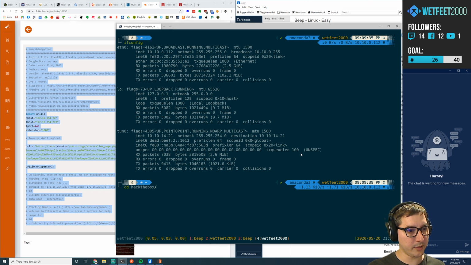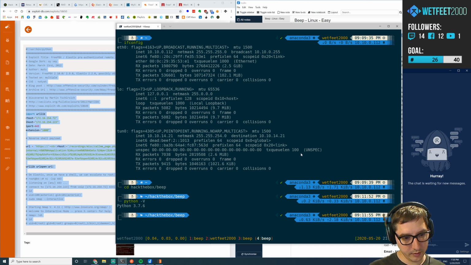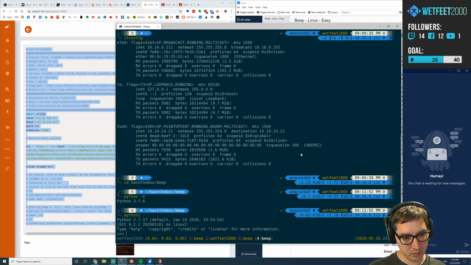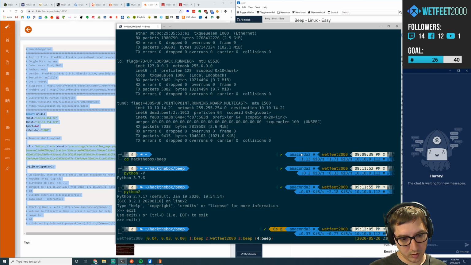Now, 20 bucks says this exploit was written for Python 2, so we need to make sure to use Python 2 on this, because I'm guessing that our default Python is 3. Yep. What happens if I do Python 2? We do have it. Okay, cool. So if I say Python 2, 18 pop,